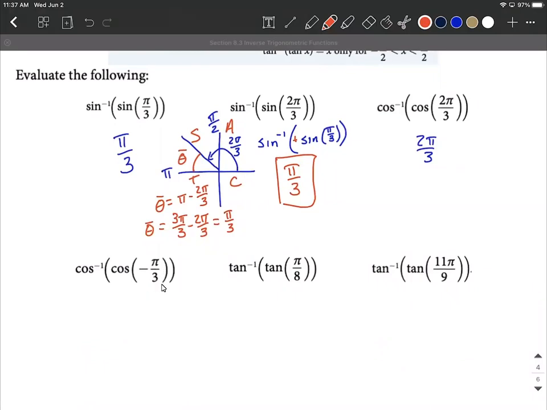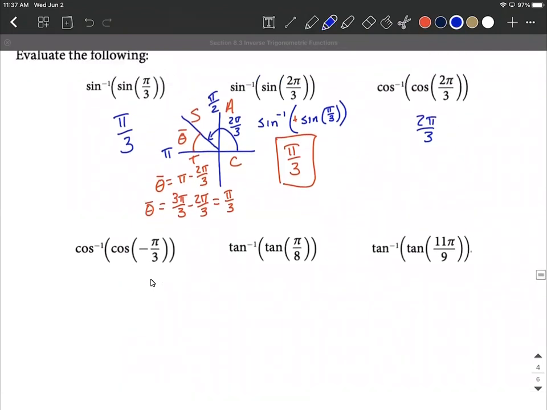Now, there are a couple different ways to do this. We could do that reference angle thing again. That would be perfectly fine here. Or if you're comfortable with your even odd identities, we're plugging in a negative angle in here to cosine. You could say to yourself, well, we have some even odd identities. Cosine's an even function. We can just drop the negative. But for our purposes, what I'm going to do first is just go through what I was doing with the